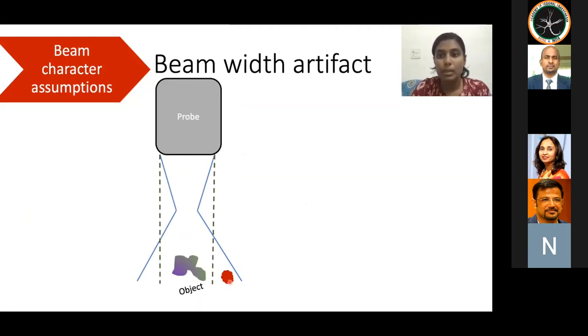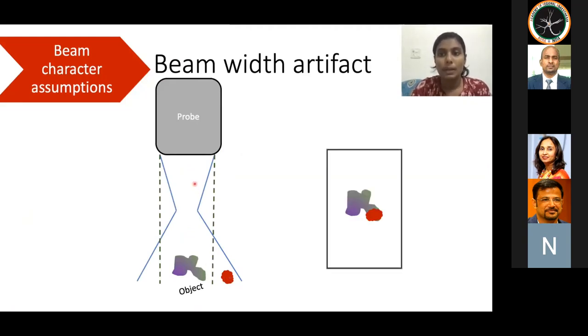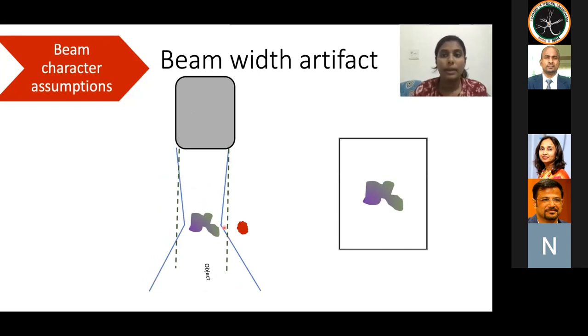Now the main beam will pick up the second object, but the machine will think that the object is within the transducer width and display the second object overlapped onto the target. To correct this artifact, the focal zone has to be adjusted deeper to the level of the target so that the peripheral objects are not picked up during imaging. The peripheral object is now outside both the beam width and the main beam.